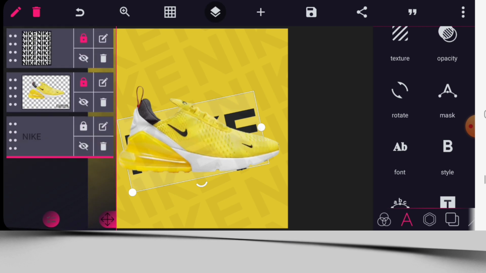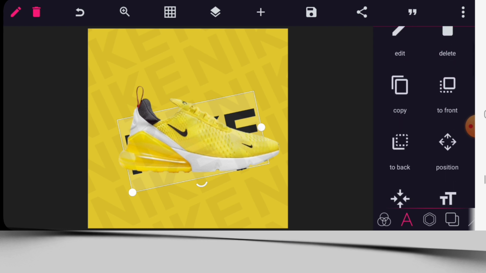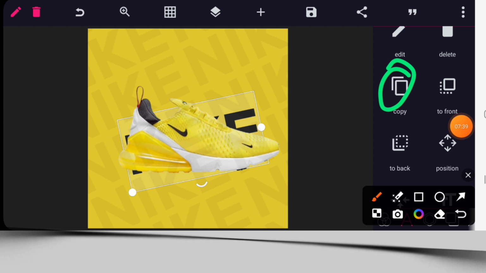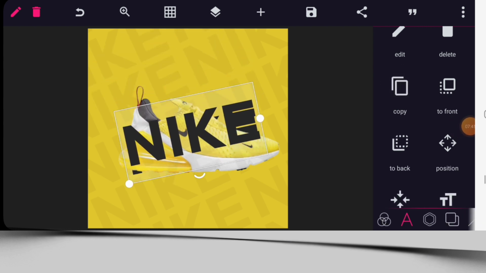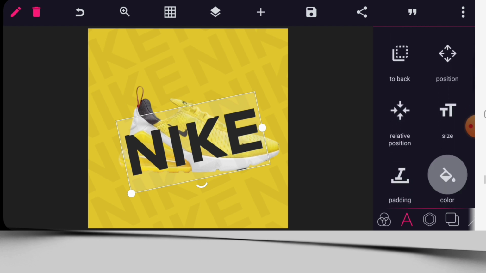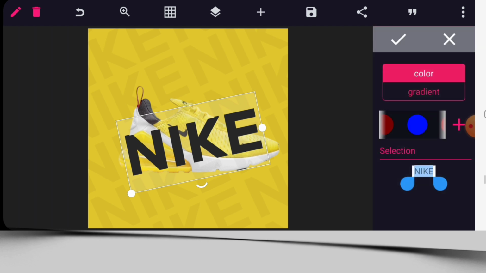Now we make a copy of the text, so copy it, and as you copy it, just align it properly with the first text. Go to color, click on the plus button,